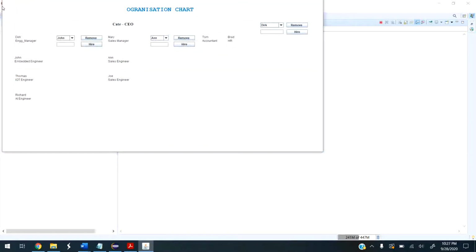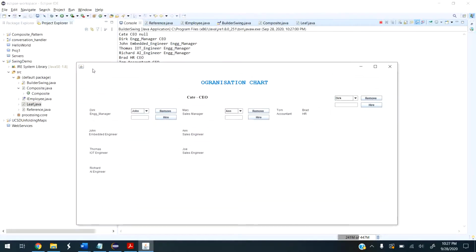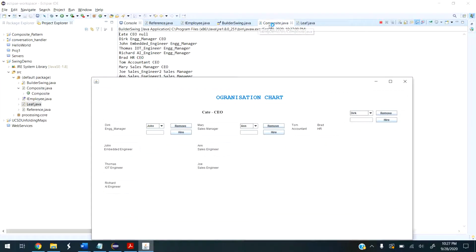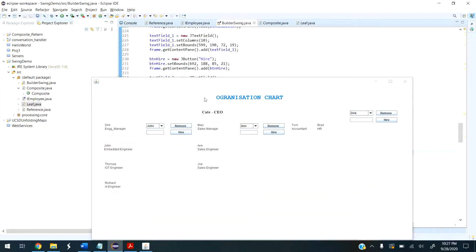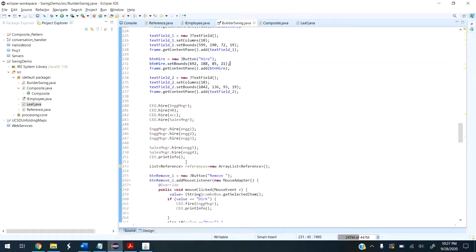So this is how it looks. This is how it looks on the GUI. And if you want to see this in the console, just a second. So if you call this print info method on the CEO, as you know,